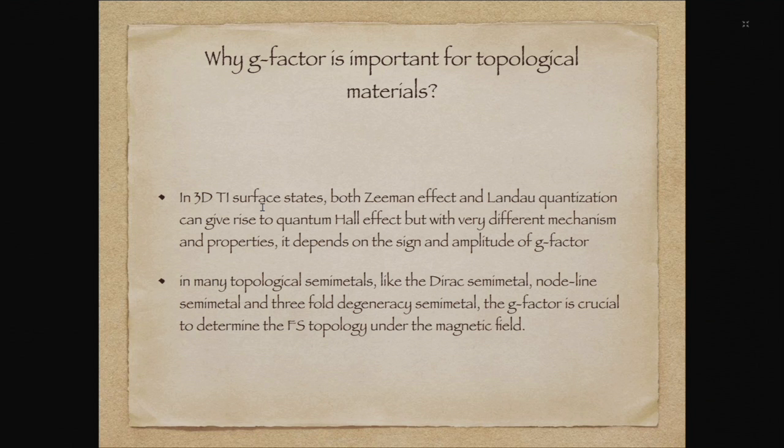For example, for three-dimensional topological insulators, if you want to determine the surface property once you turn on the magnetic field, the G factor is very crucial. And the second example is for topological semimetals. Some of the topological semimetals, like the Dirac semimetals, have two energy bands crossing right at the Fermi level, so they are